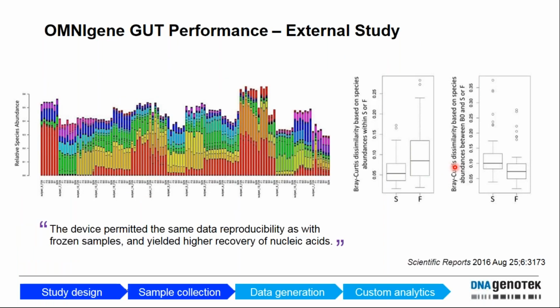And we don't just use our own data, we also have several different publications that have used our device. Here I'm just showing one from 2016. Multiple adult donors were used for collection into our device, labeled by S, and then doing a freezing right away after collection. And in the handlebar plots, you can see that there's a representation of the different donors,